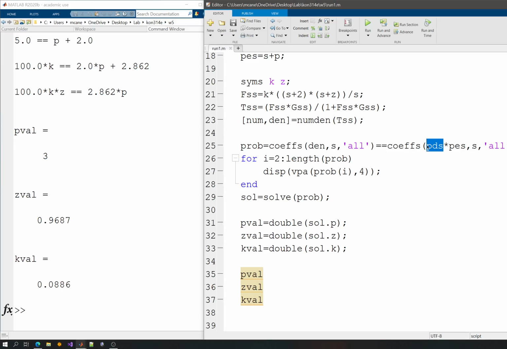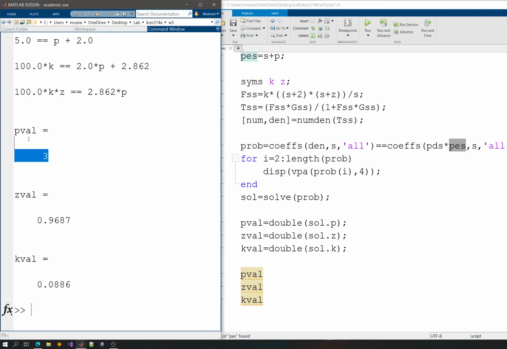I know that this is stable because it has a zeta value of 0.59, and I have also assigned it omega n here. So this pole pair will always give me a stable pole pair. This polynomial will give me a stable pole pair. And PES is s plus p, and p should be positive, and it is positive, so I have a stable